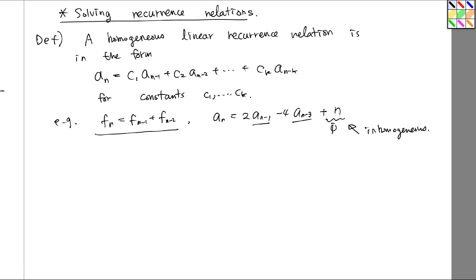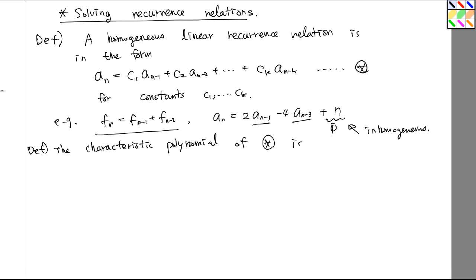And the characteristic polynomial, let's continue the definition. The characteristic polynomial of the recurrence relation, say this star, the homogeneous recurrence relation star, is x to the k minus c1 x to the k minus 1 minus c2 x to the k minus 2 minus dot dot dot minus ck equals 0. This is the characteristic polynomial. And the theorem is